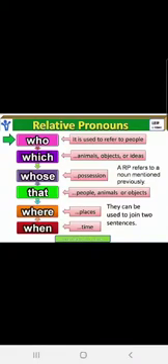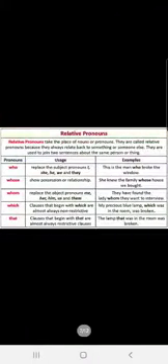A relative pronoun refers to a noun mentioned previously in the sentence, and when you are mentioning that noun again in the sentence, then you can use a relative pronoun for that, and they can be used to join two sentences. Let us see some examples here, children. Relative pronouns take the place of nouns or pronouns. They are called relative pronouns because they always relate back to something or someone else which has already been spoken about in the sentence. They are used to join two sentences about the same person or thing.